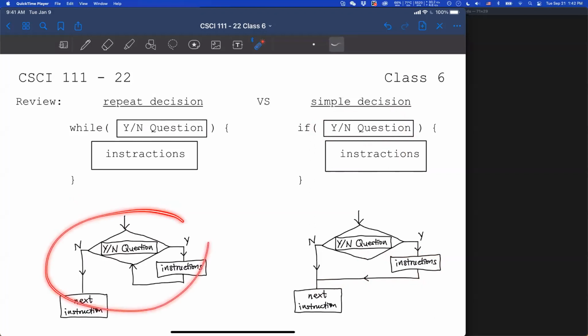So that's a difference. And if you look at the flow chart, you can see the while loop has 4 lines to it, and for the simple decision, your yes/no question only has 3 lines going in and out from it.